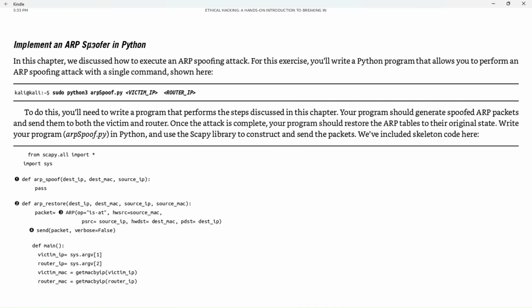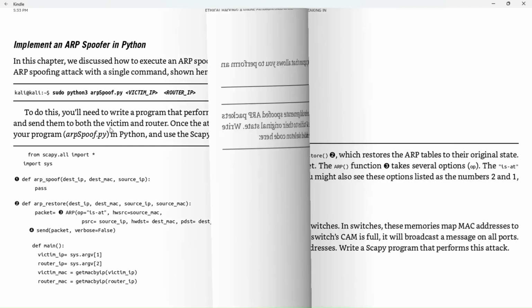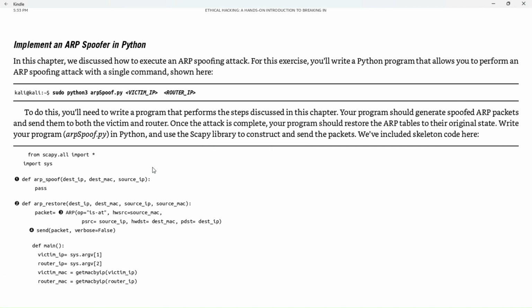So what this does here, this ARP spoofer in Python, this one command, like I said, takes out those three commands. You don't have to do those three commands now. You just run this one command, and it does everything in this script that those commands would do individually, right? And so we're going to run that real quick, and we're going to show you that real quick. So once I have everything running,